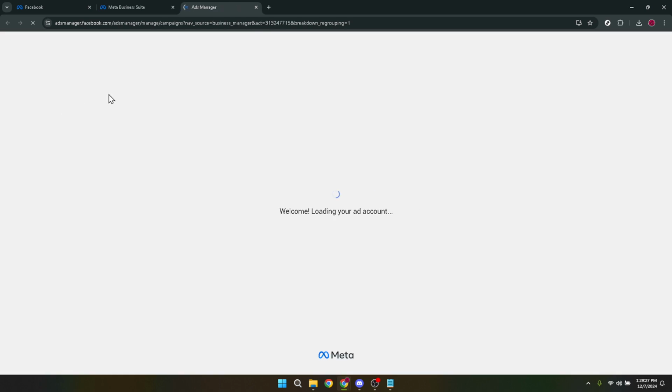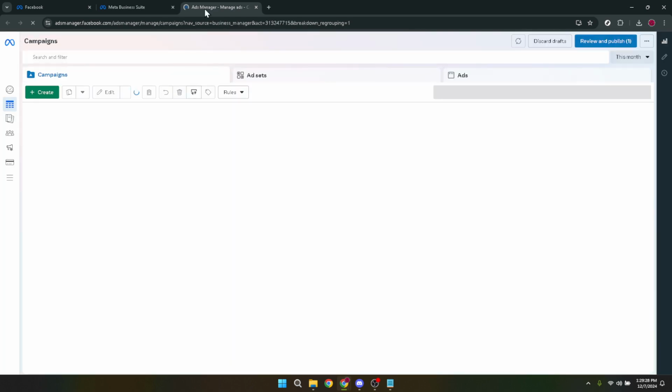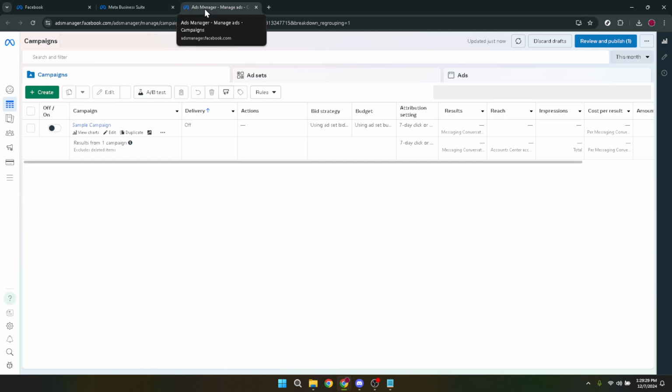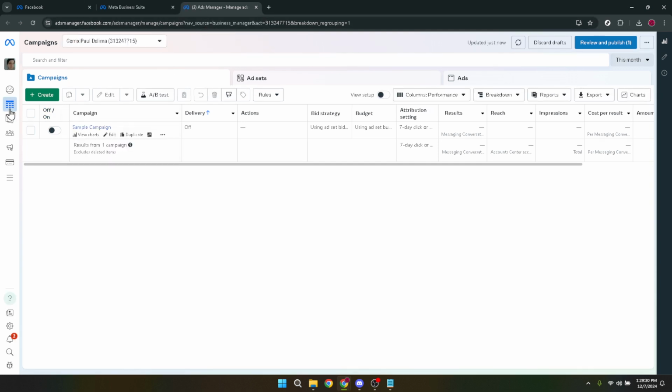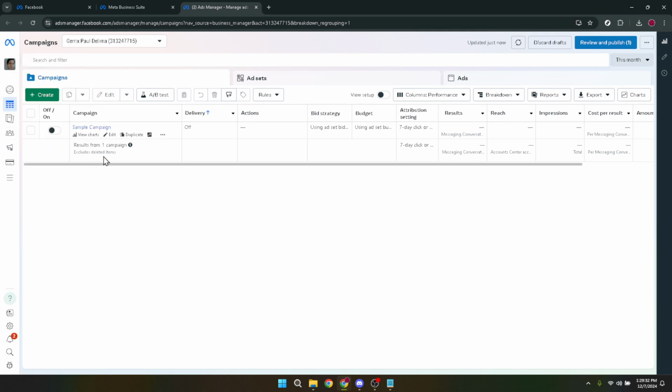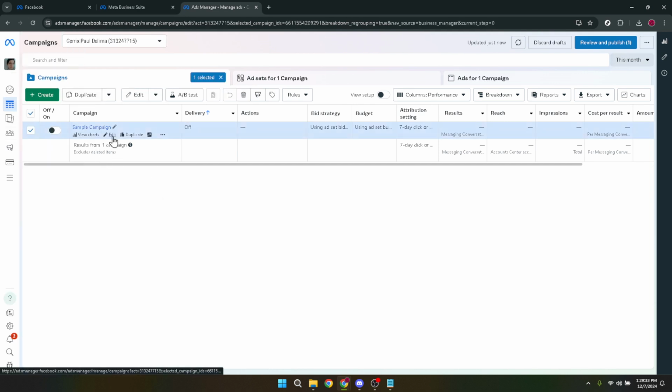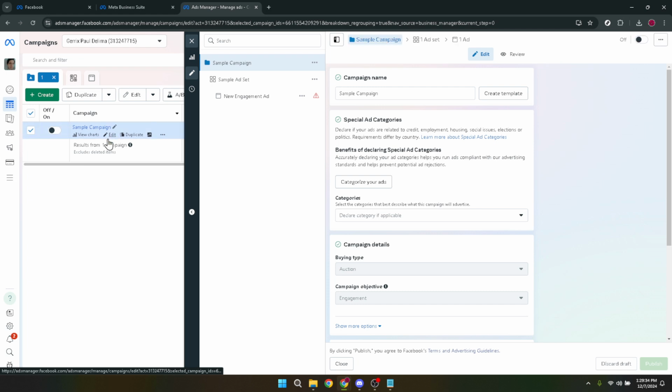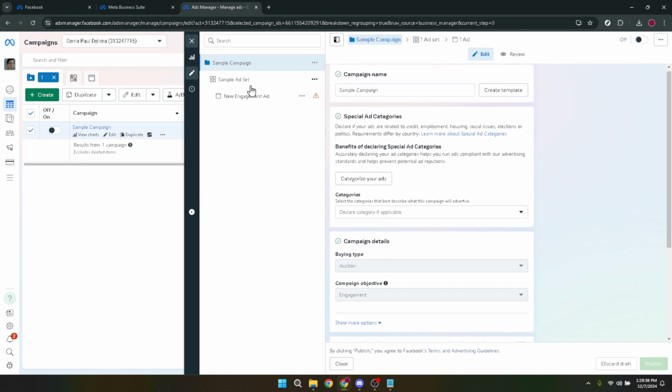Now find the ad you wish to enhance and click on Edit. This button is your gateway to making changes that can significantly affect how widely your ad is seen. It's where the magic starts, and you'll have the opportunity to adjust settings directly impacting your ad's reach. After hitting Edit, your next step is to focus on your ad set. This section contains settings that define the audience for your ad, including demographic information, interests, and more.